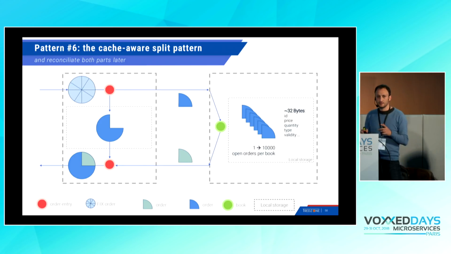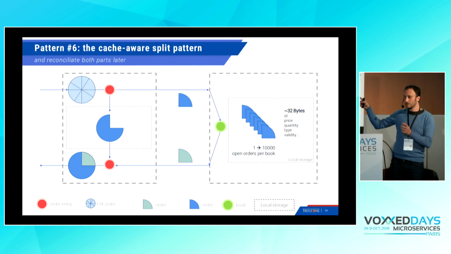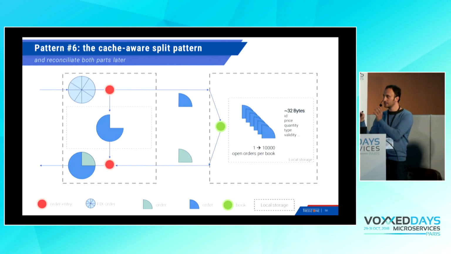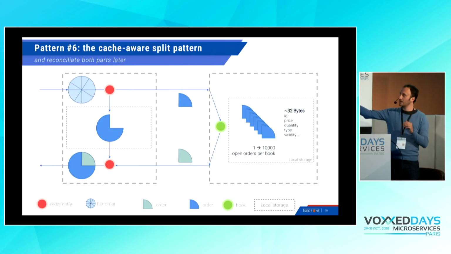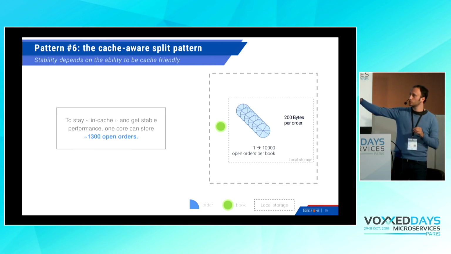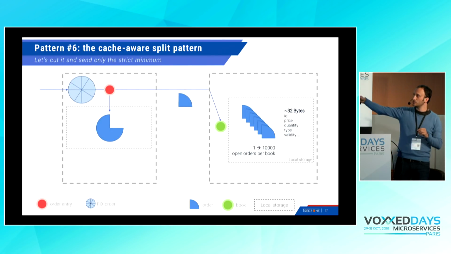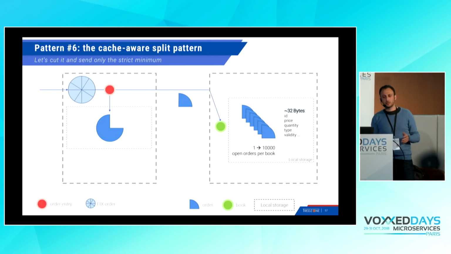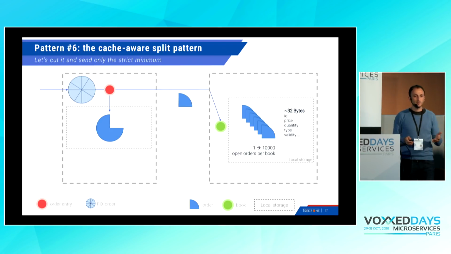So doing that, which seems simple, at the stock exchange site, I can store many more orders in the cache level 2 Charlie was talking about. Because just before that, I had to store 200 bytes per order. But now, because I have split it, I can store 32 bytes only per order. So it means that I could, in a typical CPU, store 8,000 orders per core, which is much better than before.